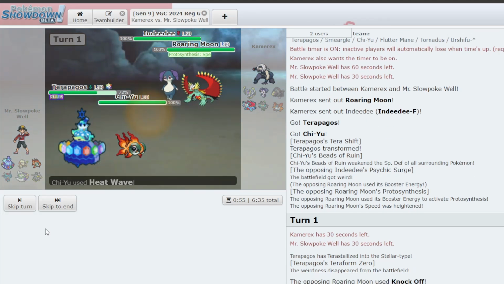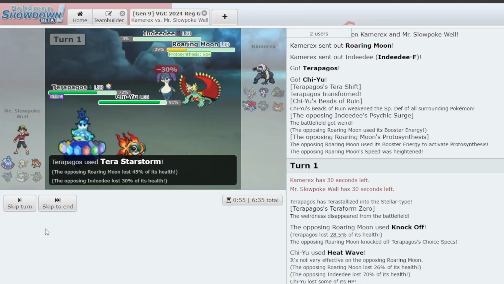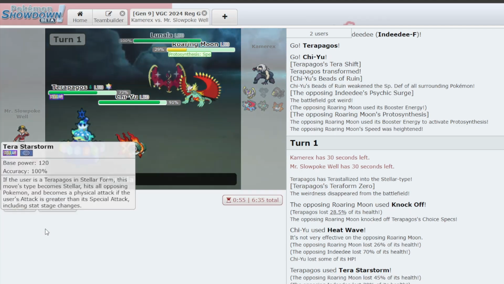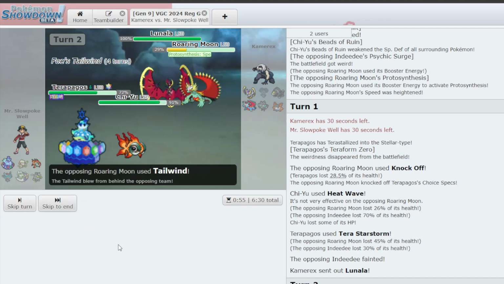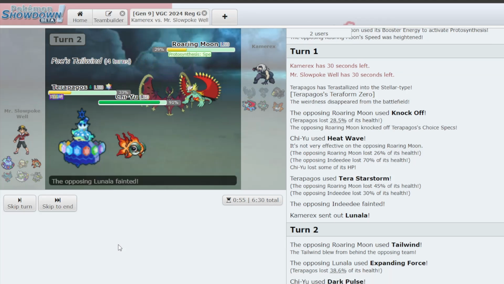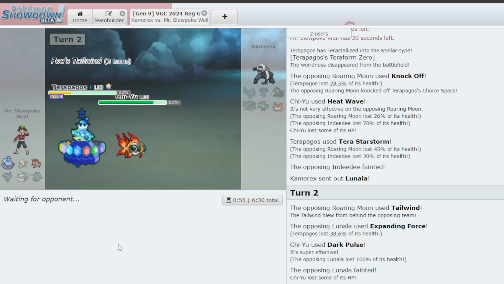Just go right for Knock Off, get rid of my specs. Not ideal, but looks like we get rid of the Indeedee here and deny them their terrain. And if they went for Trick Room there, then so far we prevented it. The Lunala here. This could have Wide Guard. So I'm going to try Dark Pulse it. I guess it also could have Terra Fairy. Maybe I should have gone for Overheat, but they don't Terrestrialize or use Wide Guard. So the Dark Pulse does its thing, and the single target Terra Starstorm does its thing into Roaring Moon,